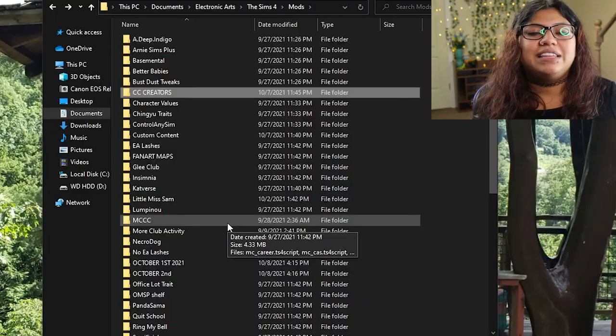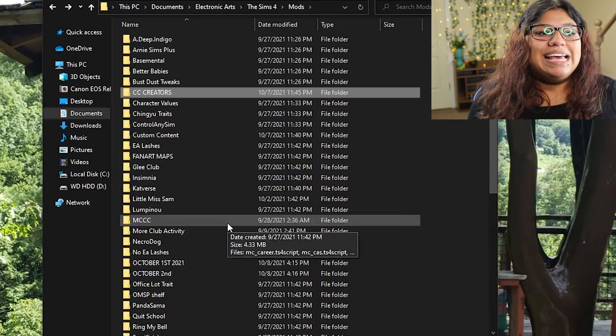This actually happened to me the other day. I was batch fixing, which I'll get into, and I had to cancel in the middle of it, and it created a corrupt file somewhere in my mods folder. So I had to go through my entire folder using the 50-50 method and locate the one file that was corrupting my entire game. It wouldn't even start. So essentially, the 50-50 method is taking